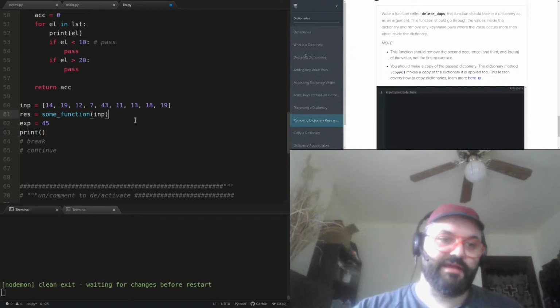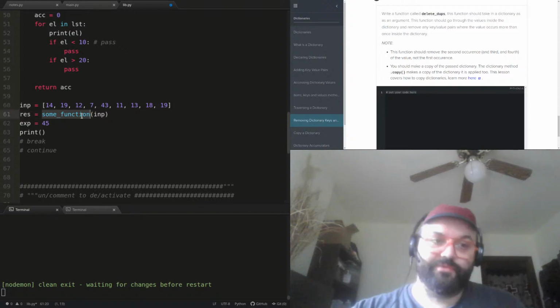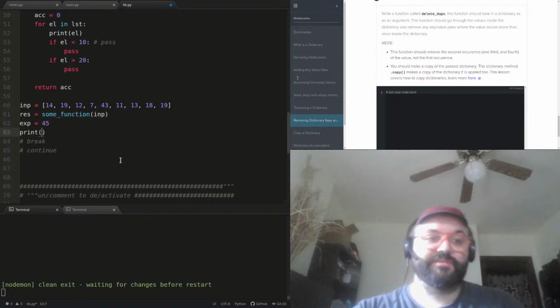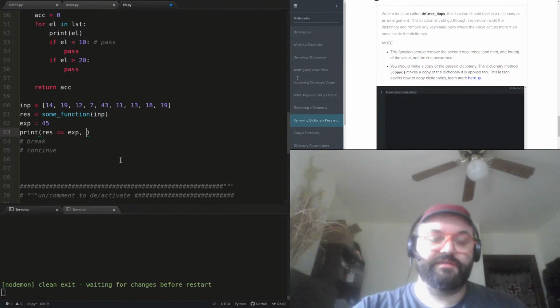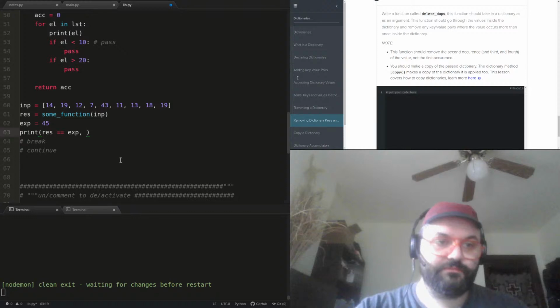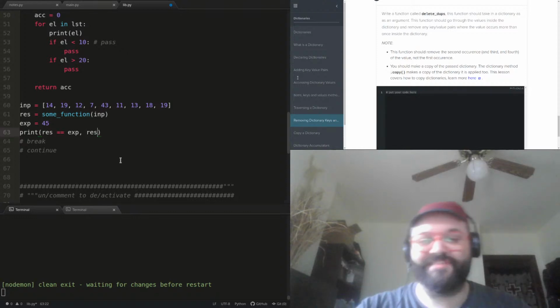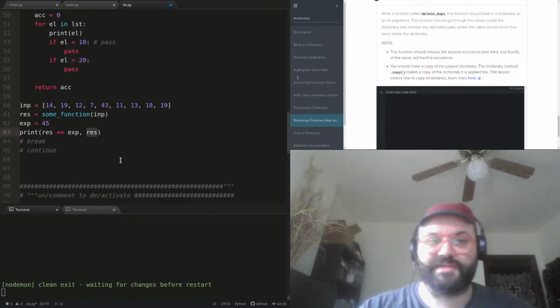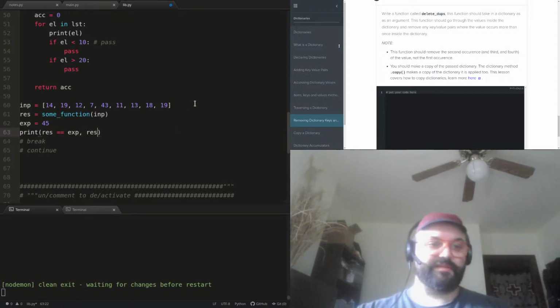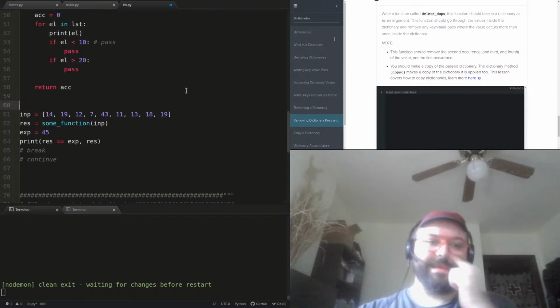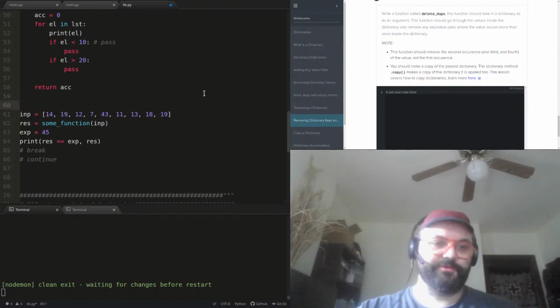I have my res, which is the result of the function with that input, whatever it's actually producing. And then I have the expectation. So I'm going to say, does the result match my expectation? And then I'm going to print my result. That way, if it doesn't match my expectation, I can see what I actually got. This is just a way that I like to organize my tests. Okay, cool.